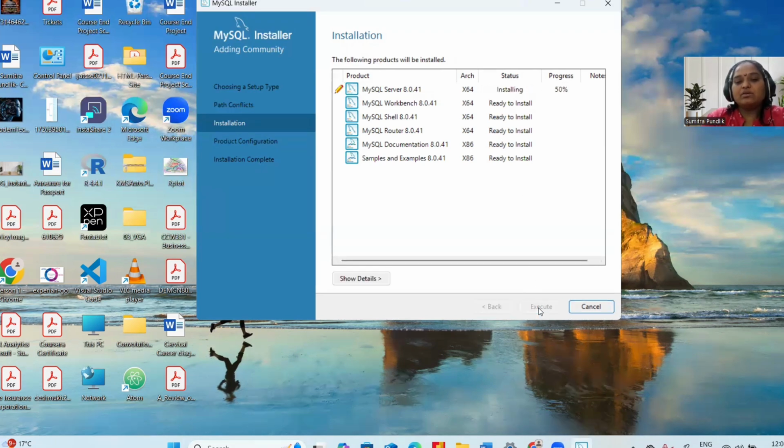Just click on execute. One by one, all products are installing, and you will get a status of complete. If you can see, MySQL Server is completed. Next, Workbench is in progress. One by one, all products are getting installed on my machine. You need to wait a few minutes.